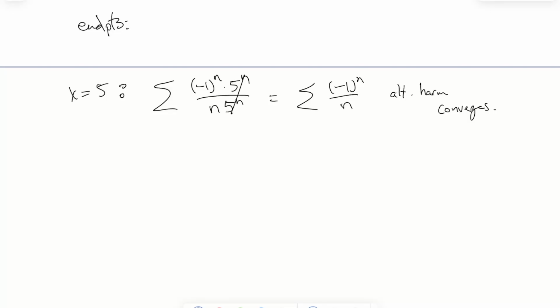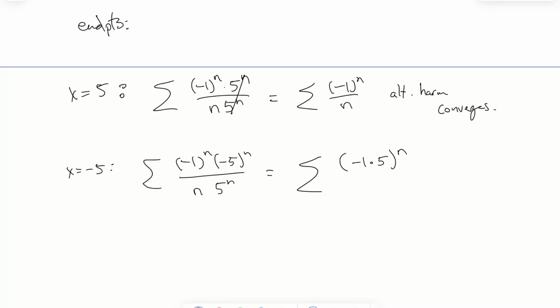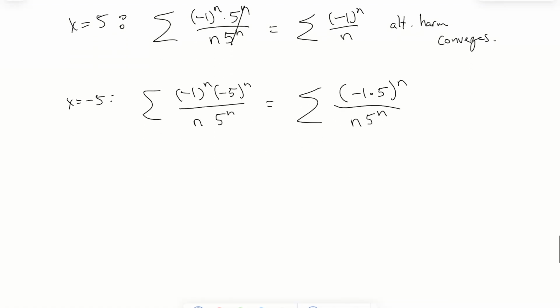And then x equals negative 5, I go sum negative 1 to the n, negative 5 to the n, over n, 5 to the n. All right, this one's a little strange up top. How do you simplify negative 1 to the n times negative 5 to the n? I would combine it into a single nth power like that. And then you just multiply those. I get